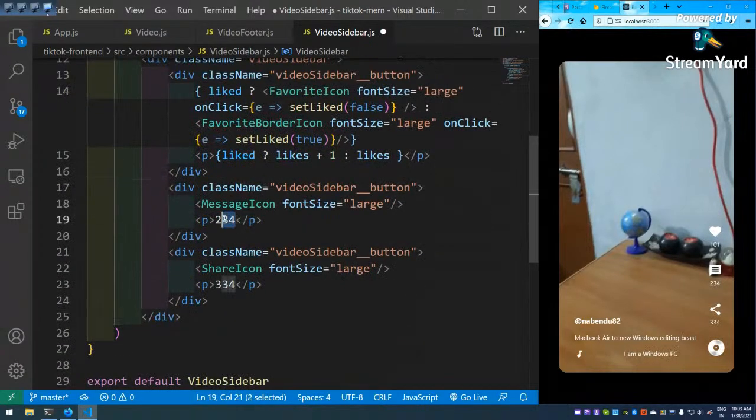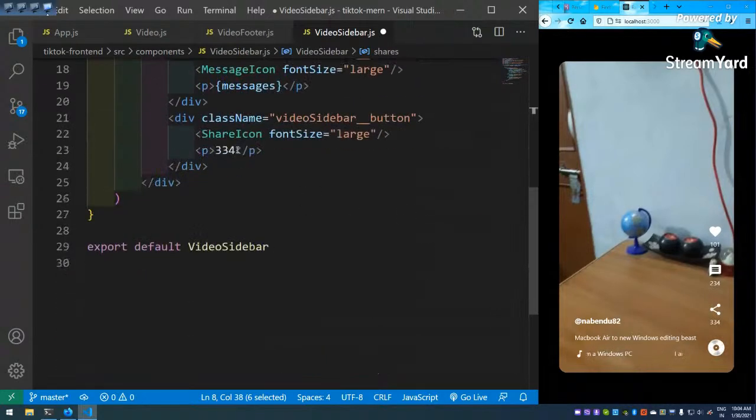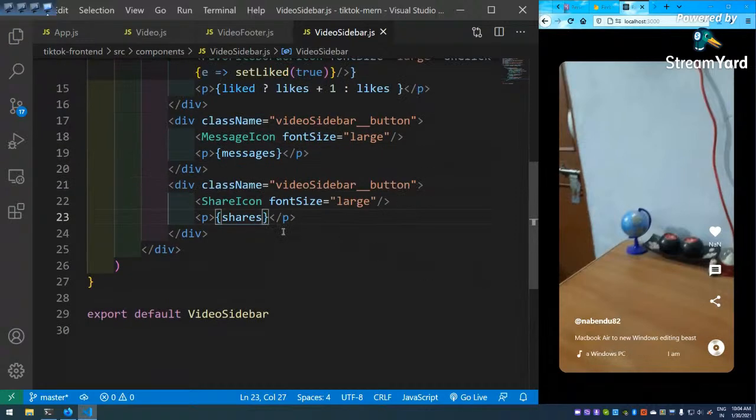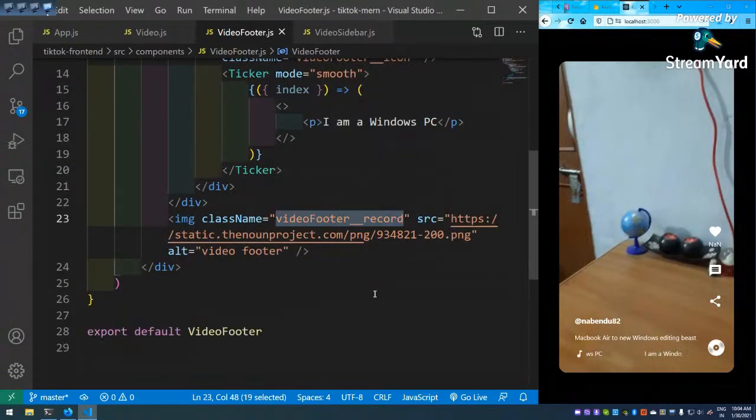See, message icon is there, instead of hard coding it here, we will hard code it from other place. Still we are going to hard code it actually. So if you want to create a logic for this, please do create it. Shares is there. Okay, shares is there. Oh, it is 9. Yeah, it is 9. It will come in right now. I have not done anything. Okay, so again,